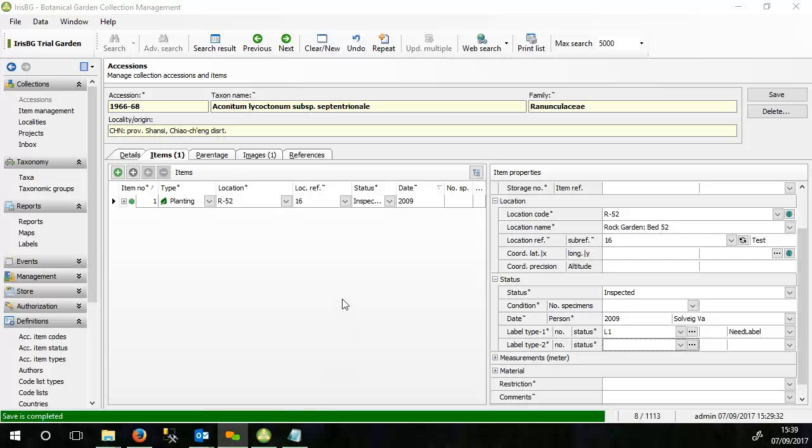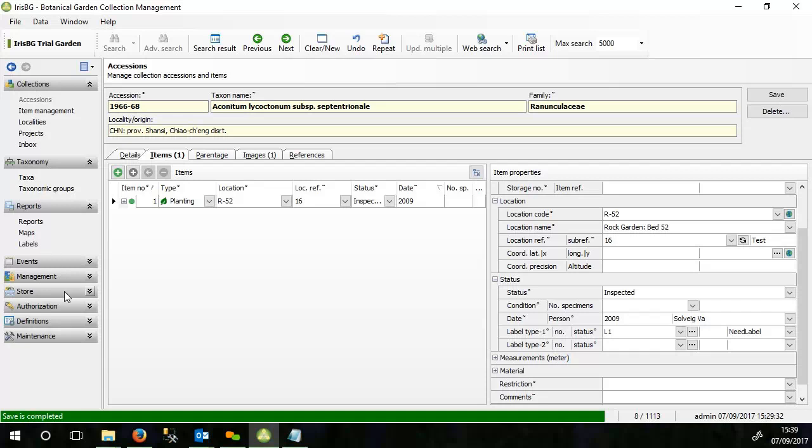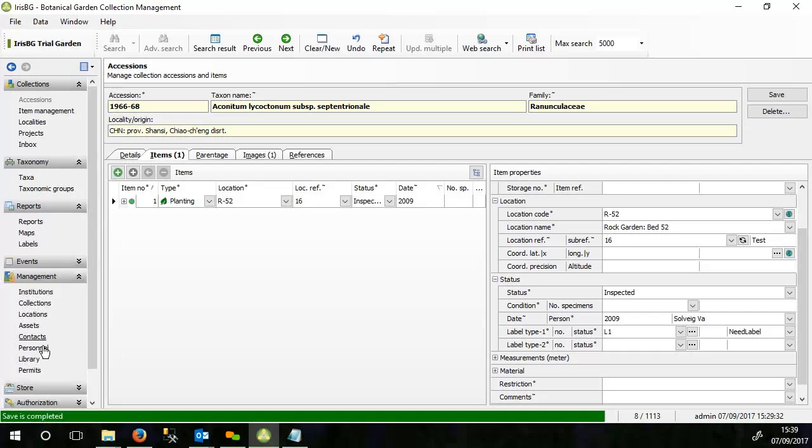Next thing I wanted to say. Take an example, because that's something people ask once in a while, and that is reorganizing beds, which happens in gardens regularly. So we have concocted an example here. In this particular trial database, if we go to the locations here, management, locations,